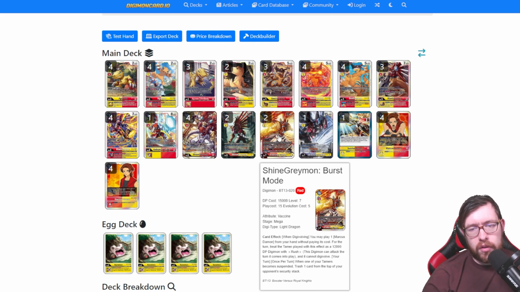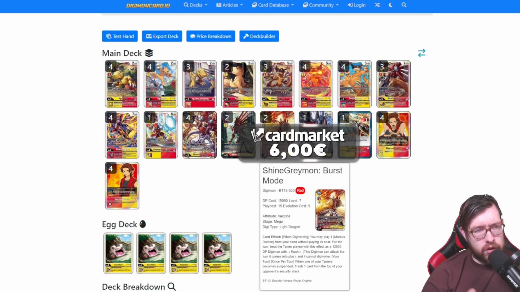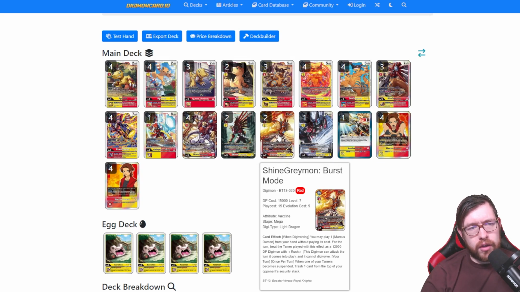And I like the burst mode a lot. I think this one's very strong. It's definitely the new one that you use for this one, but compared to a lot of the other burst modes, the fact that you get your tamer back with it, and then you get to do another, this does 2 damage for it, you go into it for free. There's a lot of advantage that this card gets for the entire deck, that it's just a really good finisher